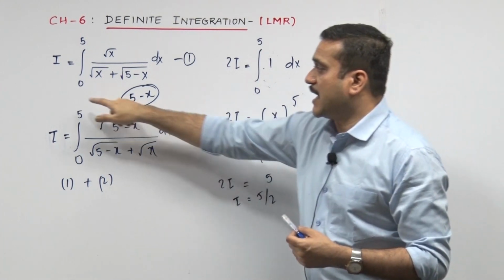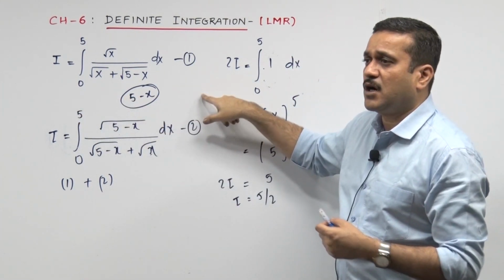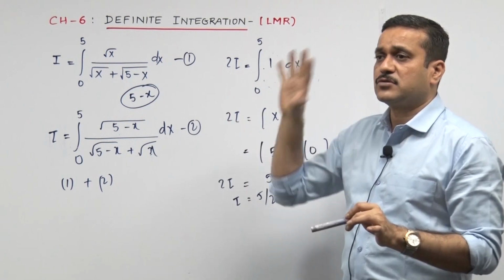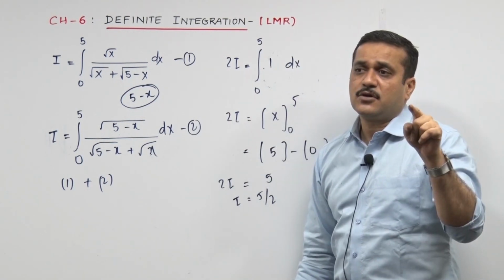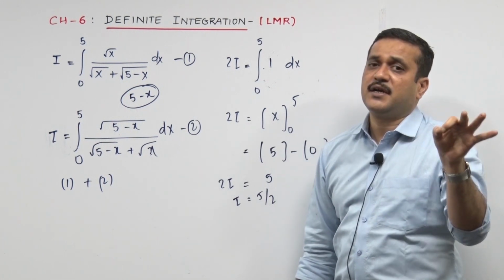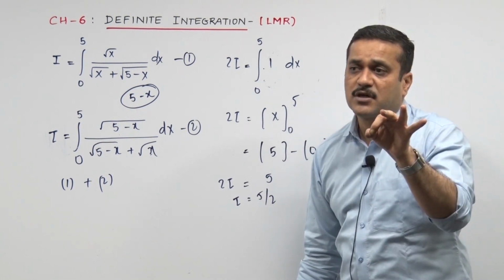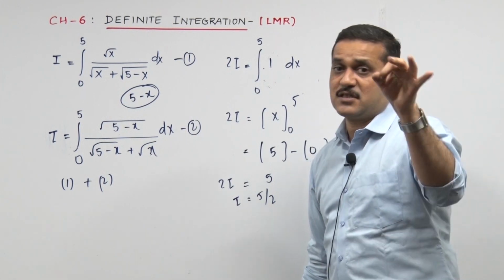Now, the property I would suggest over here. Always underline or make a big block to flash up the property. What property? Let's rehearse together. Integrate 0 to a f of x dx is equal to integrate 0 to a f of a minus x dx. You can change your x to a minus x. That's the thing we have.